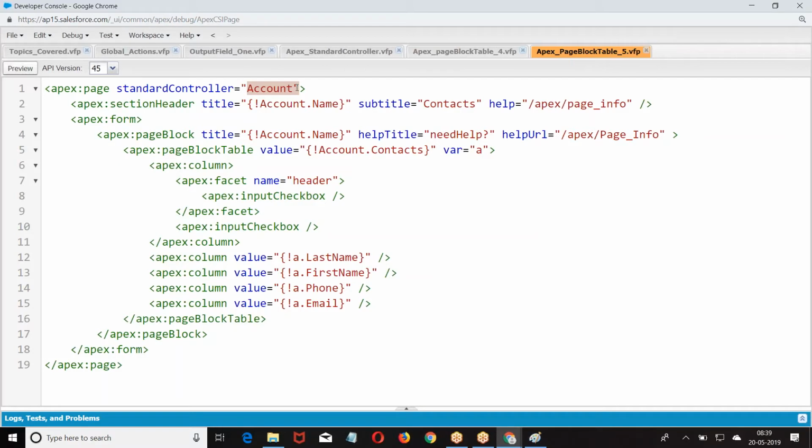Was that clear? From the standard controller, if you want a group of accounts, then I need to give record set where. I am not looking for a group of accounts. I am looking for only one particular account, and that account ID I am passing. Whose records am I looking at? That account's contacts. Whichever account I gave, that particular account's contact records I am looking at. Right, Amma? I hope you are good with this. Am I clear with this example? Everyone has followed this?